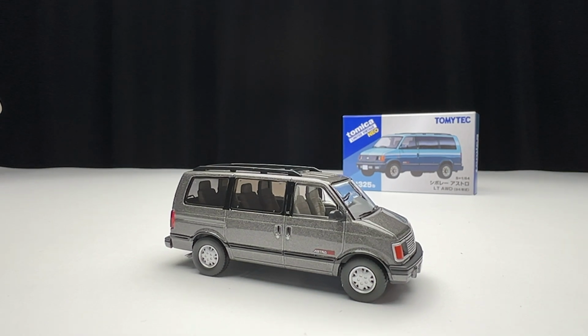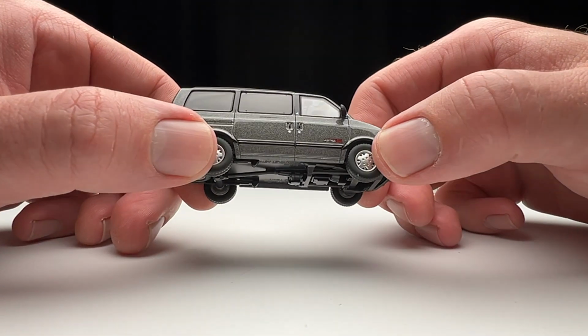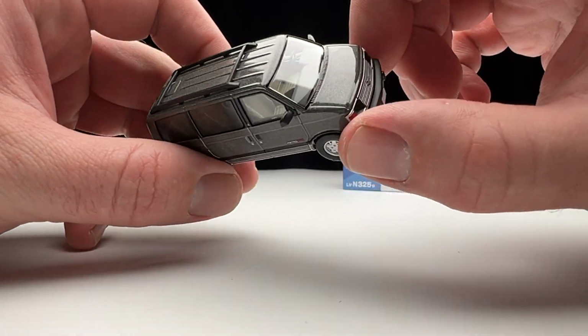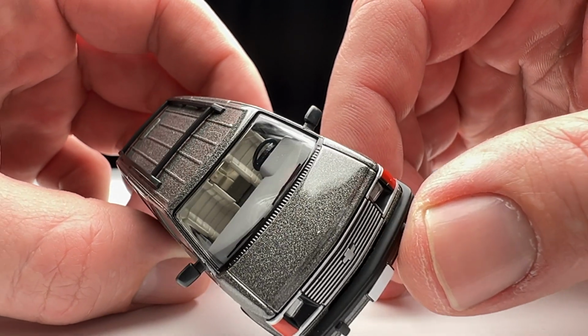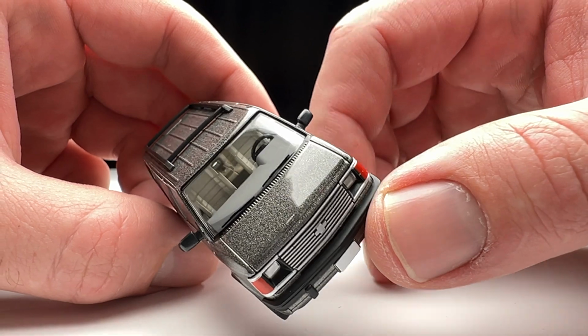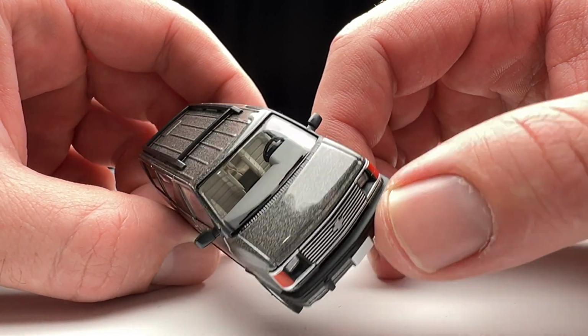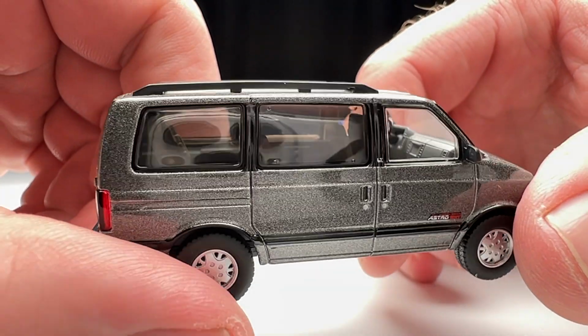So far, really liking it, really digging this one, and I knew that I would. The other thing that is really noteworthy about Tomica Limited Vintage is the absolute clarity of the windows. And that is something you do not see on a lot of diecast. And especially if you take a lot of pictures of it close up and stuff like that, you will notice